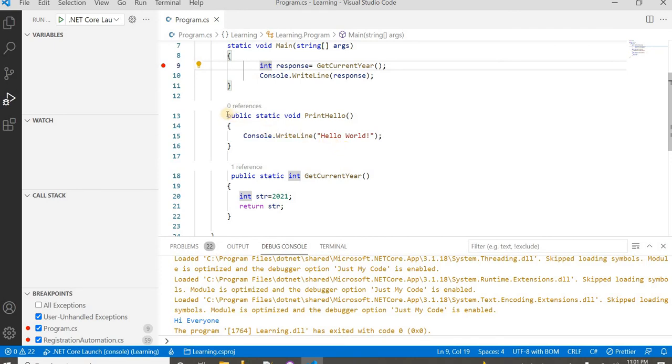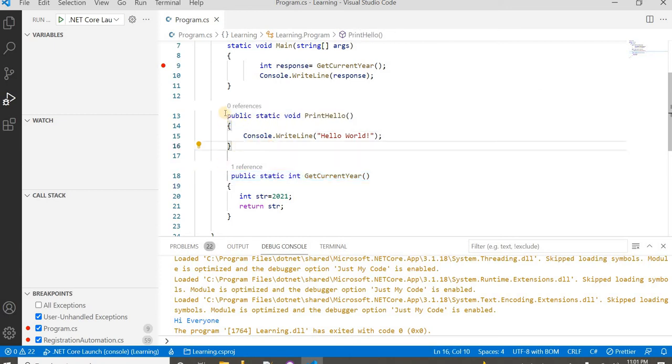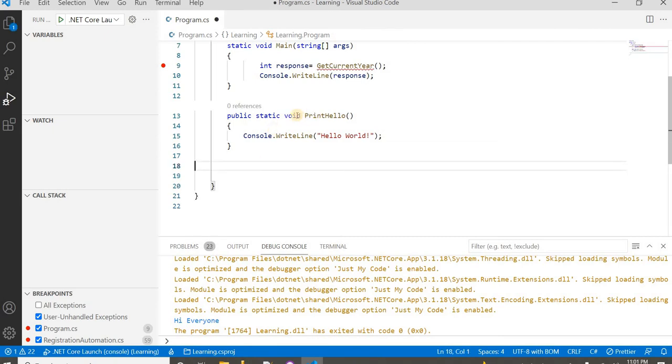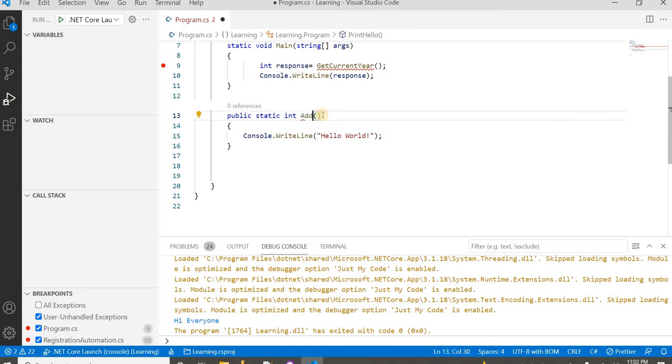Now let's create one method which will accept two parameters of the integer type. It will add them and then return their sum. I'm removing this method here. Okay, the method will return an integer and the method name is addNumbers.